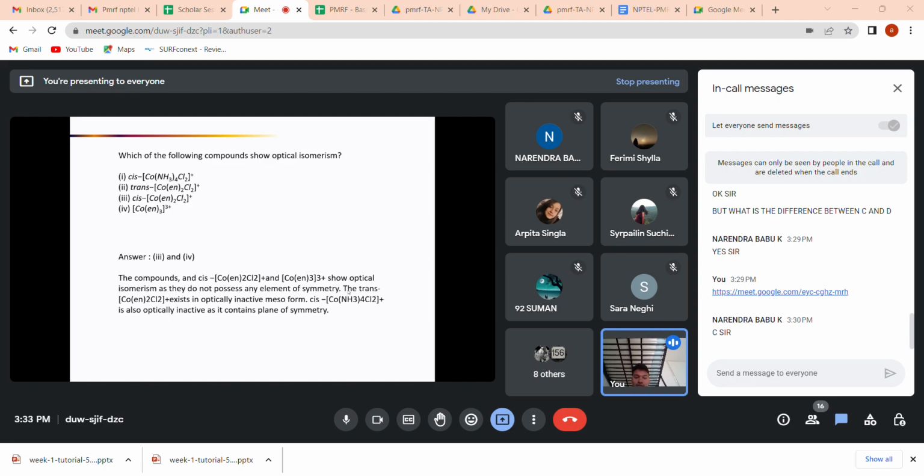So therefore that means the first and second options will show some optical isomerism because they have some symmetry, so they will rotate the light in one of the directions. But the third and fourth options don't have any sort of symmetry, so therefore